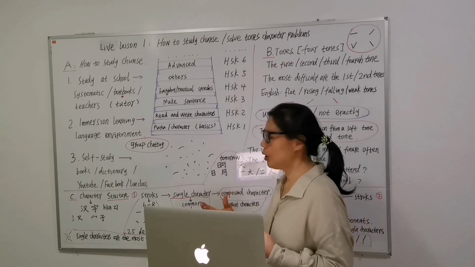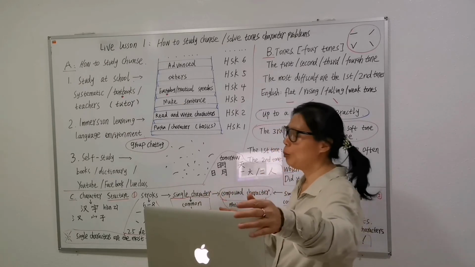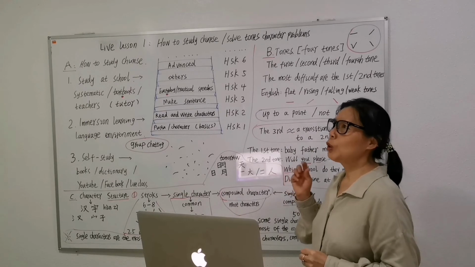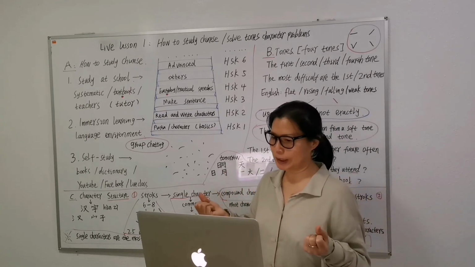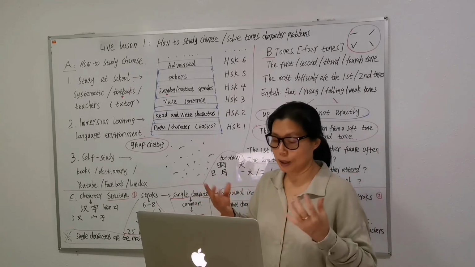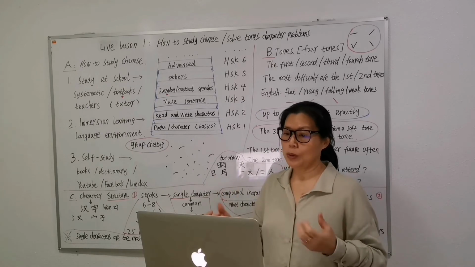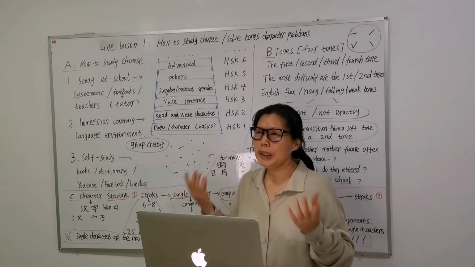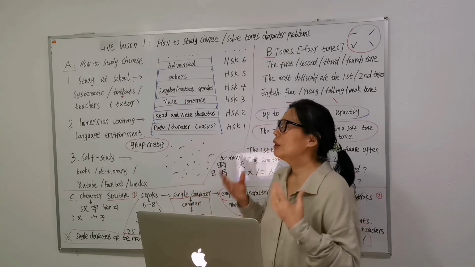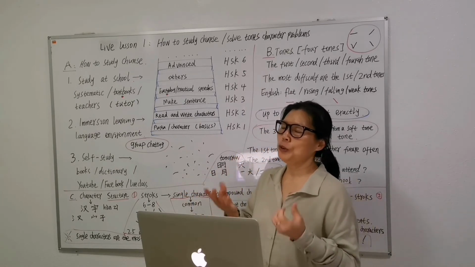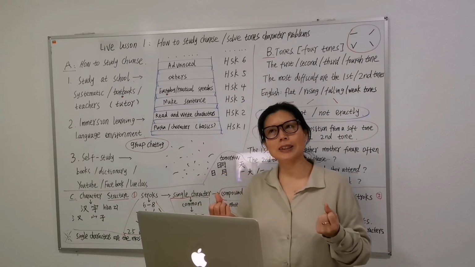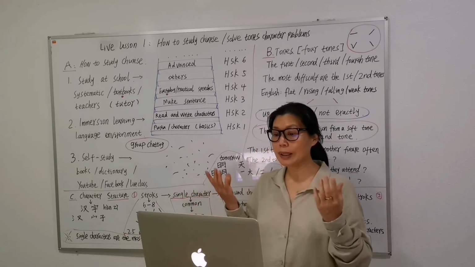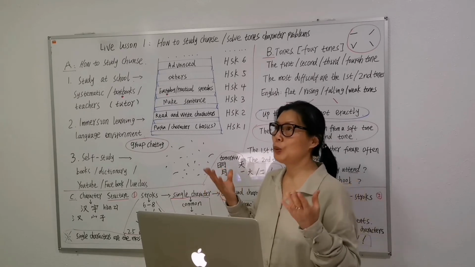Only 100 to 200 common single characters, a dozen to 20 components and a few simple strokes. Later, you only need to learn the few strokes, a dozen to 20 pure components and 100 to 200